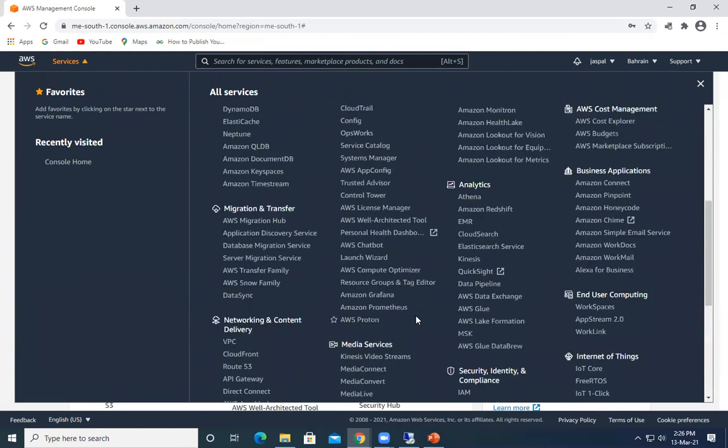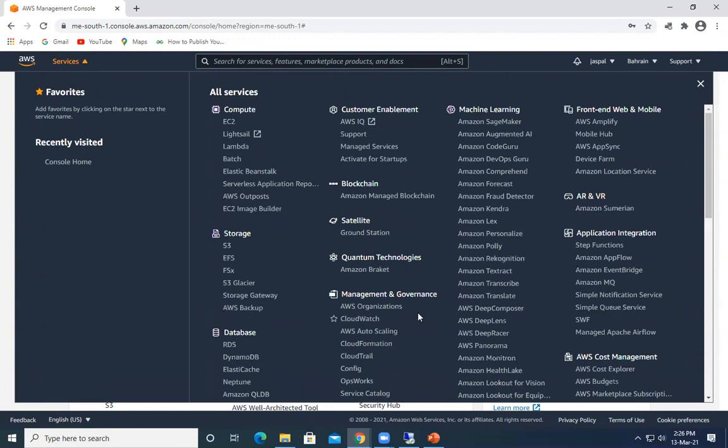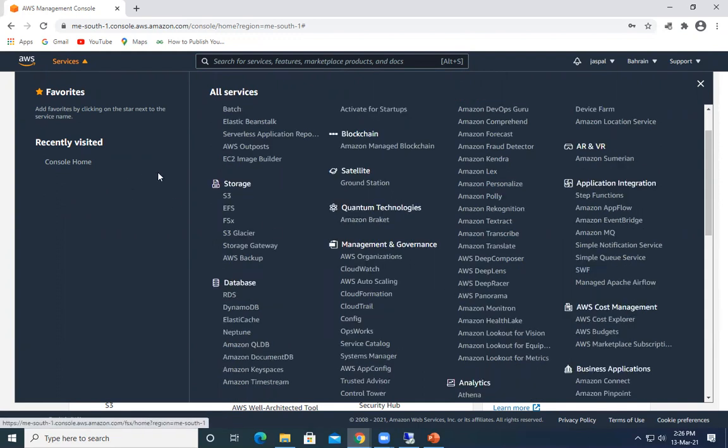So it's a huge number of services provided by AWS. Another important thing is that it's quite flexible. With pay as you go, whatever services you use, at the rate you use them, you have to pay for that. You need not buy any package or pay in advance for using the services. Whatever you access, you pay for on a monthly basis.